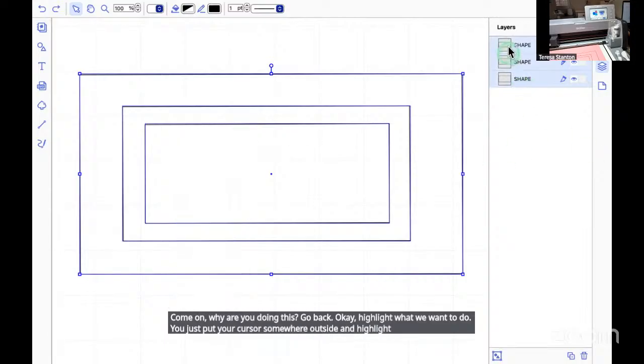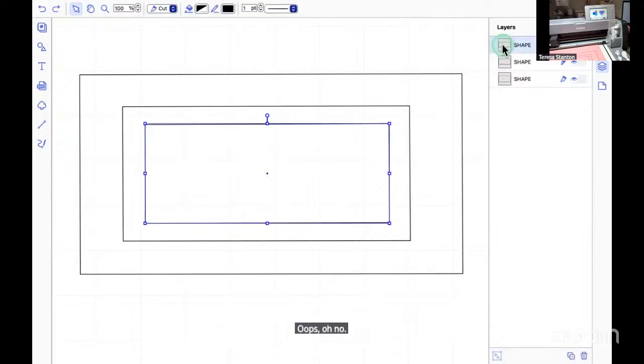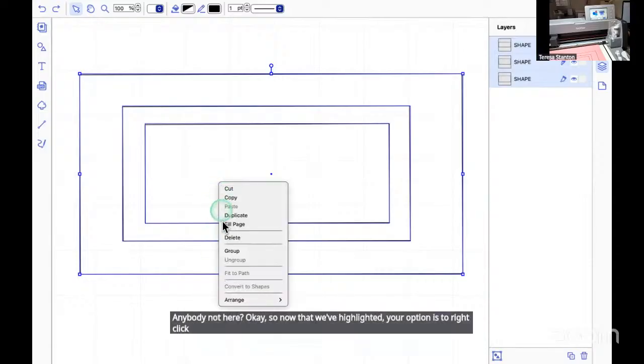Or you can come over to the shapes. Let's say I didn't do that. Click one, just like we did earlier. Hold your shift button down and highlight all 3 of them. Does everyone have their images highlighted? All 3 lines should be blue. Yes. Anybody not here? Okay, so now that we've highlighted, your option is to right click and group,